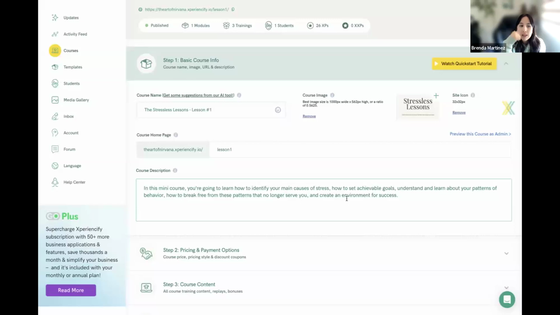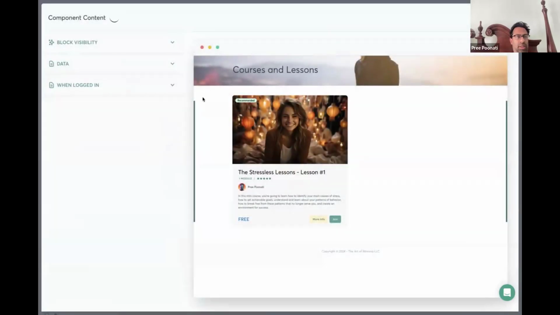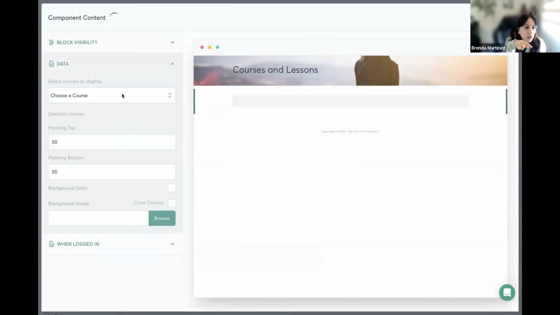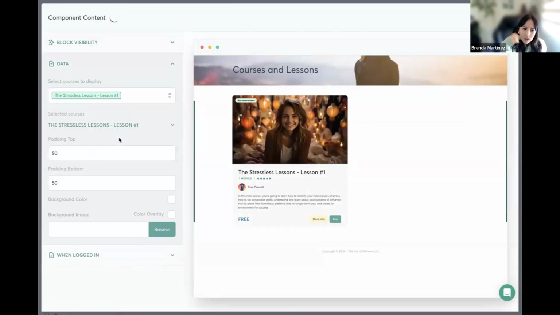But that shouldn't happen. Let's go to your marketplace and edit the content and go to data. And the courses that you are displaying, let's delete the stressless lessons, and choose the course again. That's so weird.